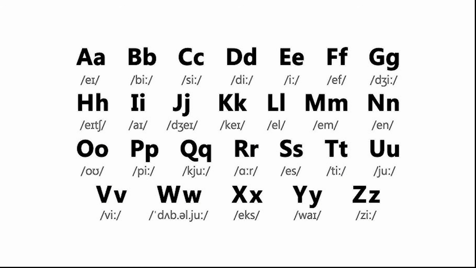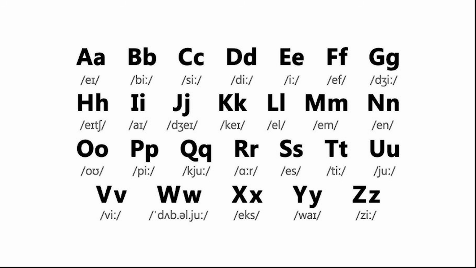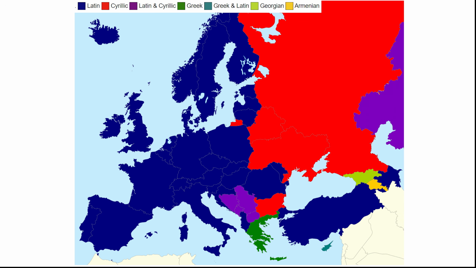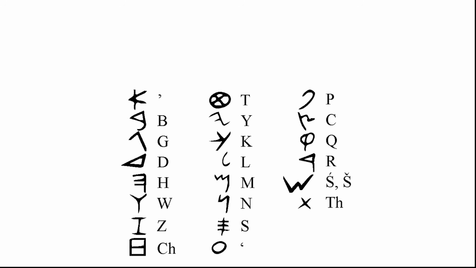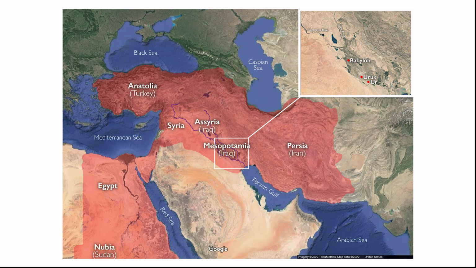Alphabets are phonetic systems where each letter represents a distinct sound, or phoneme, including both consonants and vowels. This allows users to construct words by combining symbols, making it highly flexible for various languages. For example, in the Latin alphabet, used for English, Spanish, Portuguese, and over 100 others, the word dog breaks into three sounds: d, o, g. Originating from the Phoenician script around 1050 BCE in the ancient Near East, it evolved through